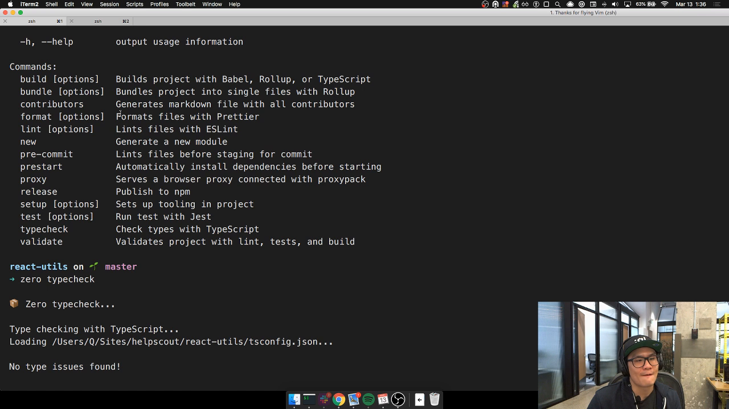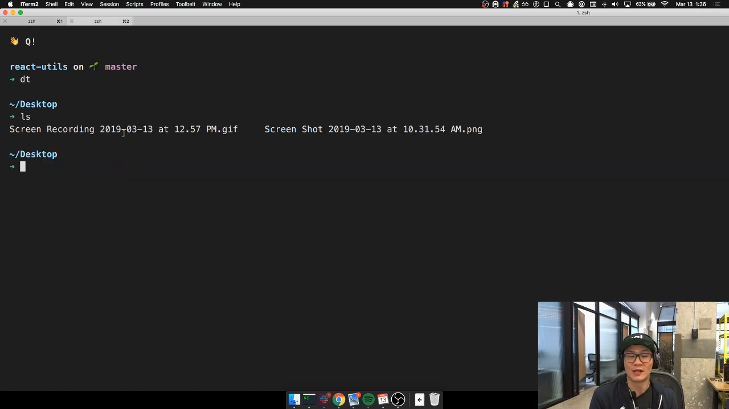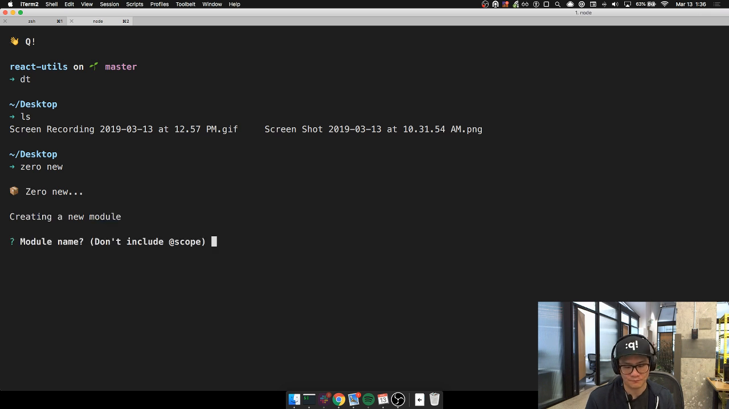The most advanced thing Zero does, I guess, in addition to all this stuff, and this is why it's really, really nice for modules and libraries, is you can generate a brand new module with Zero by doing zero new. I'm going to call it, I don't know, I'm going to call it chicken. Yeah, scope. So what scope is